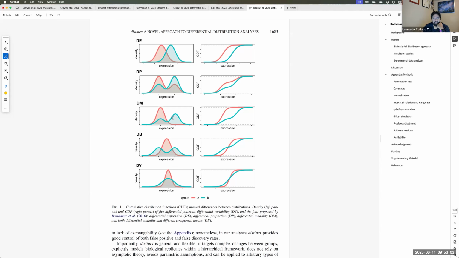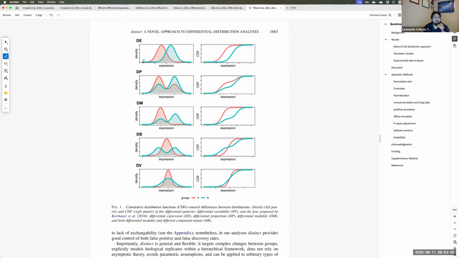And so the muscat paper showed that edgeR and limma-voom and other methods have a lot of trouble detecting these scenarios of DP, DM, DB. And in this distinct paper, Simone et al., they come up with a method for actually being able to identify these cases. And the statistical method is based on the cumulative density function, or sorry, cumulative distribution,